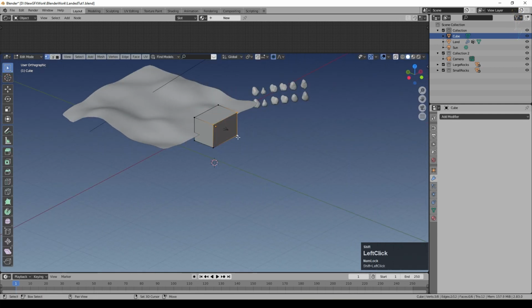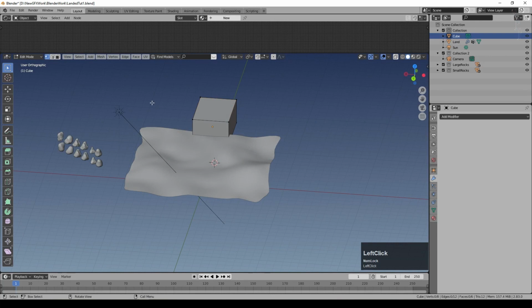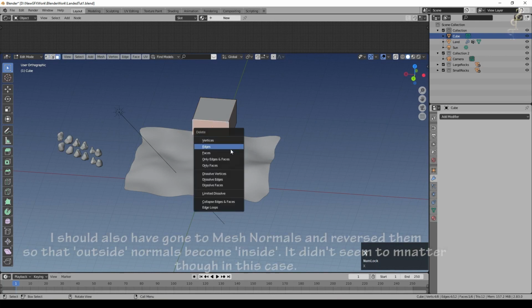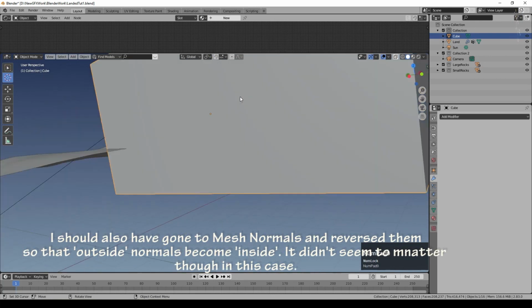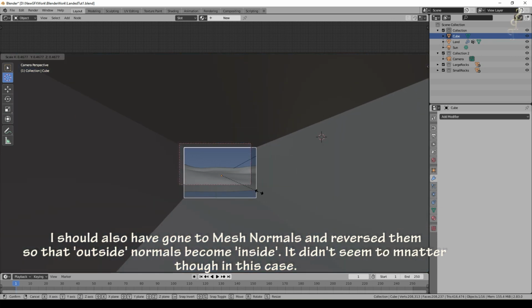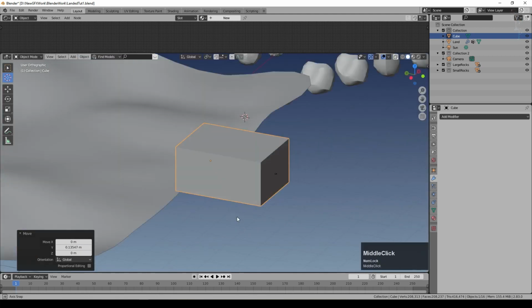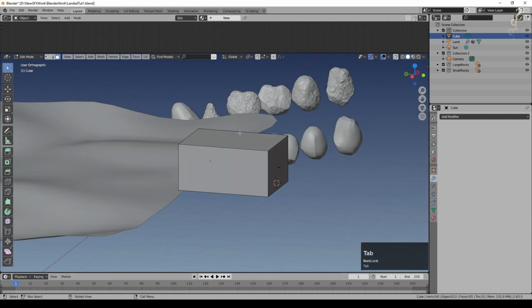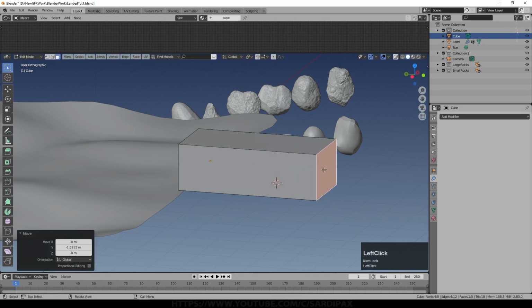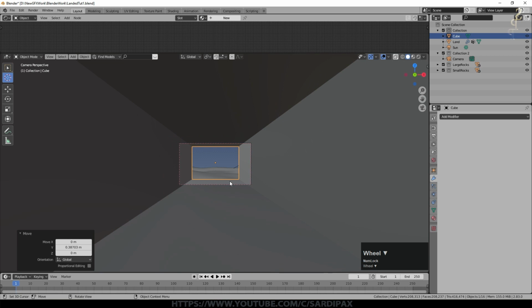And then I'm going to select this face without proportional editing on, just move that out to here, and then select this face and delete the face. So if I look through the camera now, I just need to close this box up a bit and move it forward slightly so the camera can see it. I just need to move that back face a little further back, and we can play around with parameters for the camera shortly, but that will do to be getting on with.